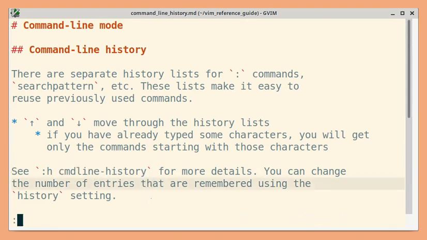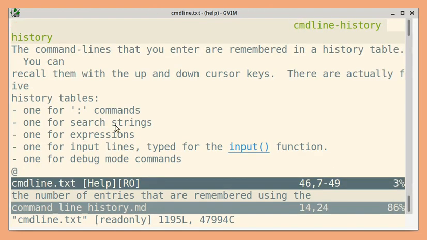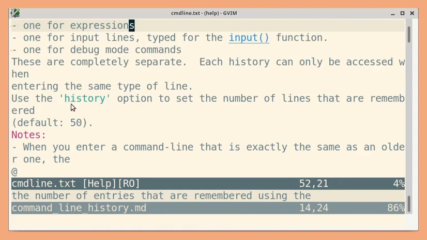Let me quickly show it. And I am just going to press up arrow because I am searching for previous history entries. Previous help entries. And I happen to use this particular entry before, so it shows up when I use the up arrow. So you can see these are the different lists that are maintained for colon commands, search patterns, expressions, and so on. And as I mentioned, you can use the history option to change the number of lines that are remembered. Default is 50,